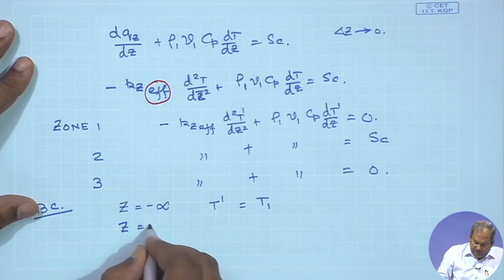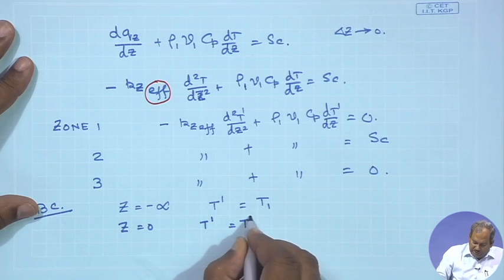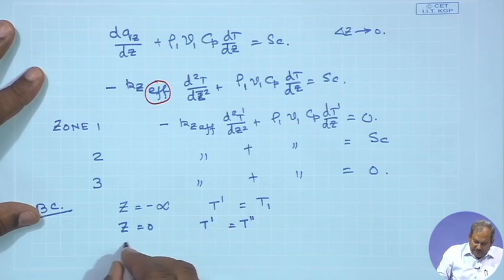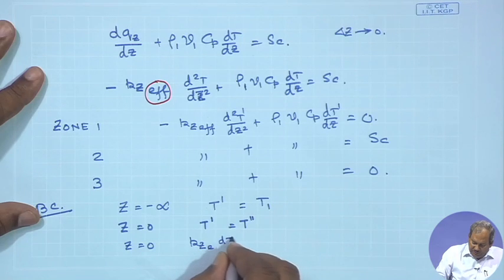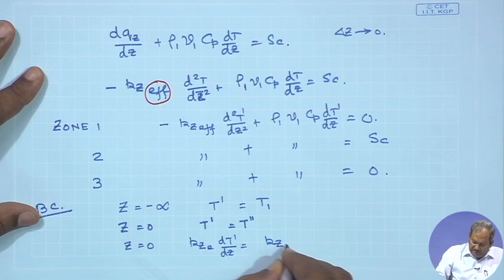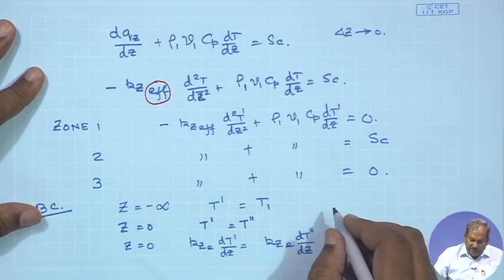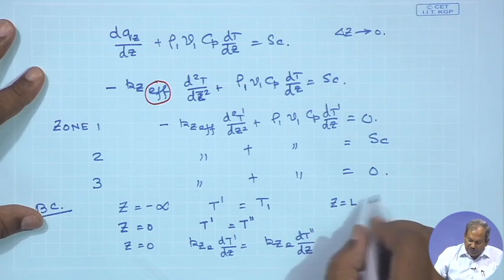At z equals 0, T of zone 1 must be equal to T of zone 2, and at z equals 0, k z effective times dT1 by dz must be equal to k z effective dT2 by dz. And the other one that you get is at z equals L, that is at the junction